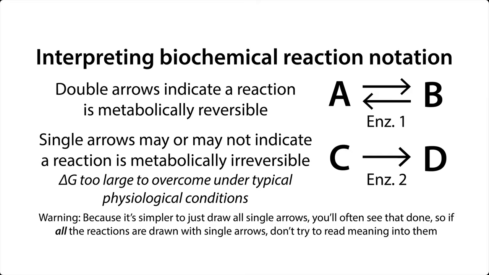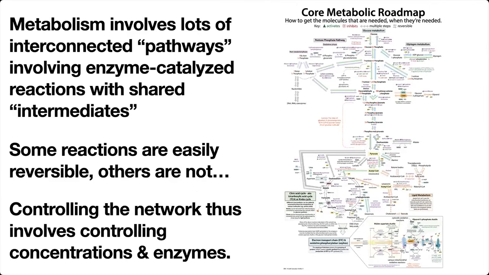Not all single arrows or single-headed arrows are going to indicate metabolic irreversibility. Sometimes it's just easier, and sometimes you don't know if it's reversible or not. So you might see these things with a single arrow that's actually metabolically reversible or vice versa. But if you see a combination of these double-headed arrows or double arrows and a single arrow or single-headed arrow, that's typically going to tell you that some of those are going to be metabolically reversible, the ones with the double-headed arrows or the double arrows, and then others are going to be metabolically irreversible, those with the single-headed arrow.